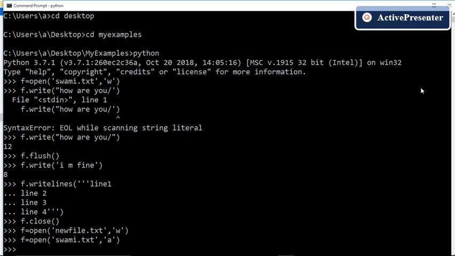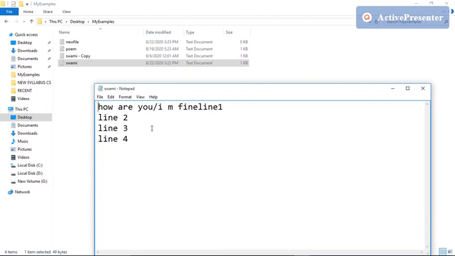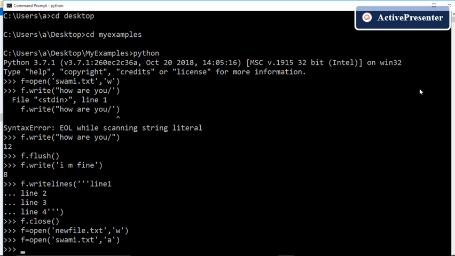Now let us check the content of the file, whether the content has been deleted or not. So I have opened this my examples folder, and we can see that the content is not deleted. So we have verified that when we open a file in append mode, the content of the file is not deleted. Now let us check the position of the read write pointer, or we can say the present location of the write pointer.